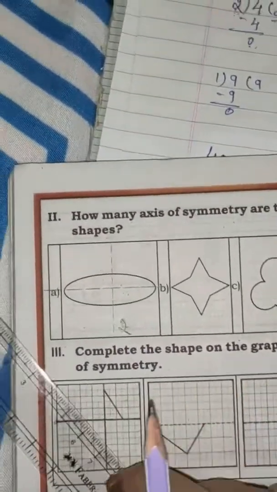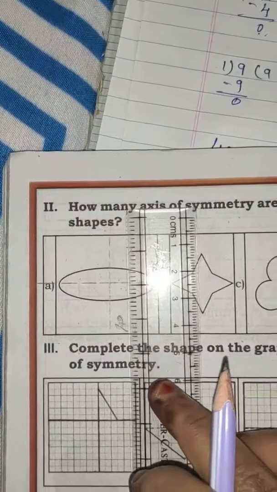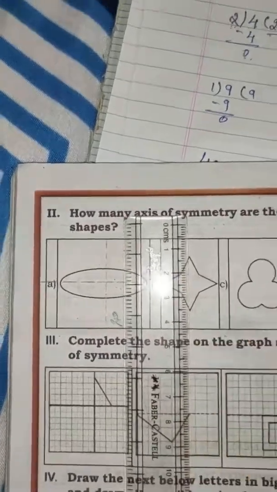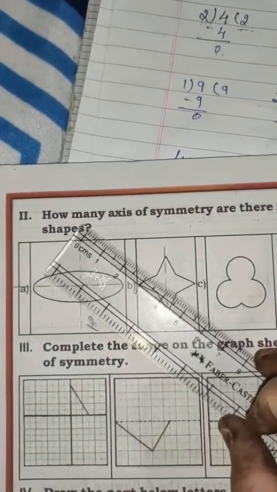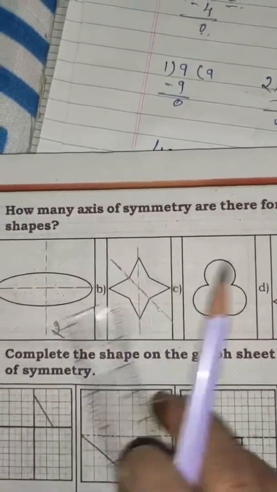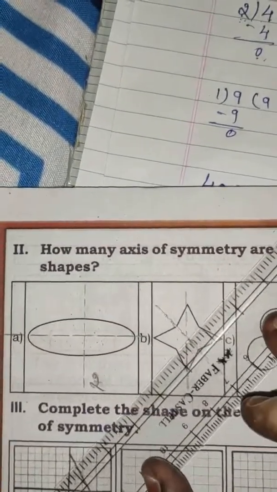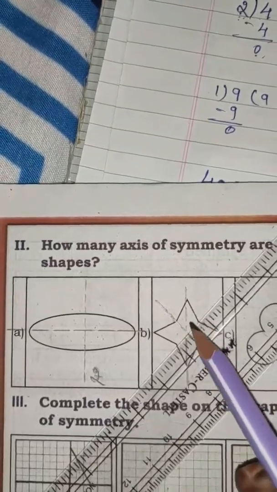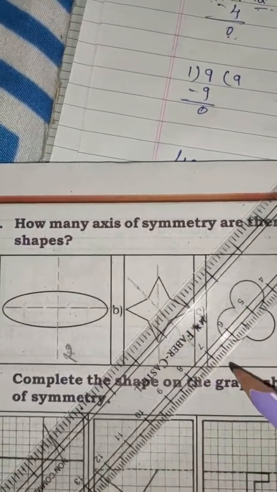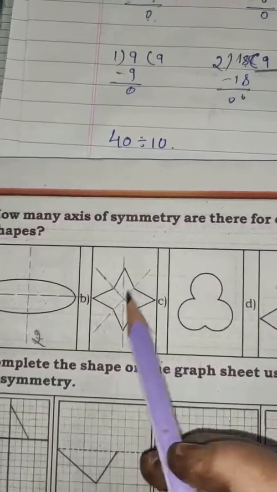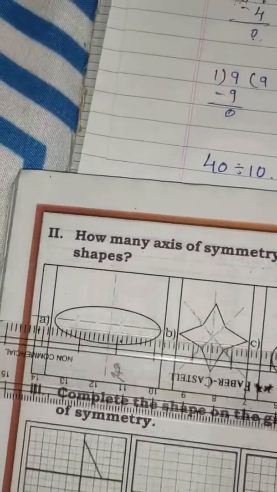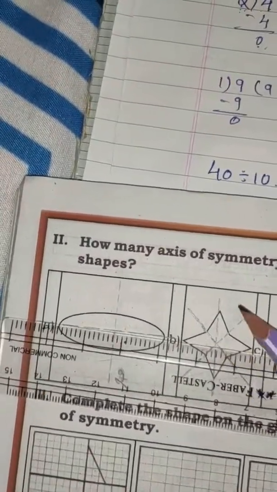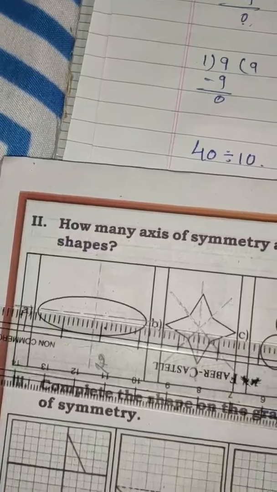In the same way, here you can draw a line like this. If you draw the line, see, you will get 2 equal parts. Then I can draw like this to get 2 equal parts. Yes, just draw it. So see here, then else I can get like this. If you draw one more line, you can get 2 equal parts. This is the upper one, this is the lower one, right? So just draw it. So see here, I have drawn. One more thing you can draw to get 2 equal parts like this. If you draw the line like this, you will get one equal part here, another equal part here. Yes or no?